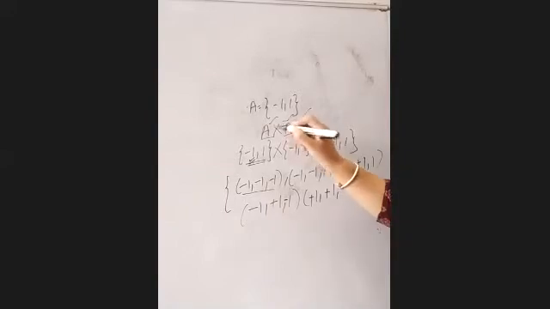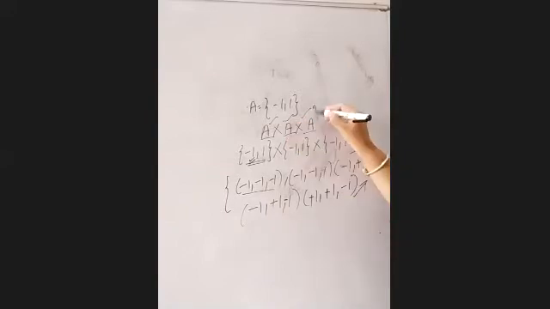And how many elements will exist? That is 2 cross 2 cross 2. The total number of elements in this Cartesian product is the product of these, 2 cross 2 cross 2, 2 times 2 is 4, 4 times 2 is 8. So the total number of elements should be 8.